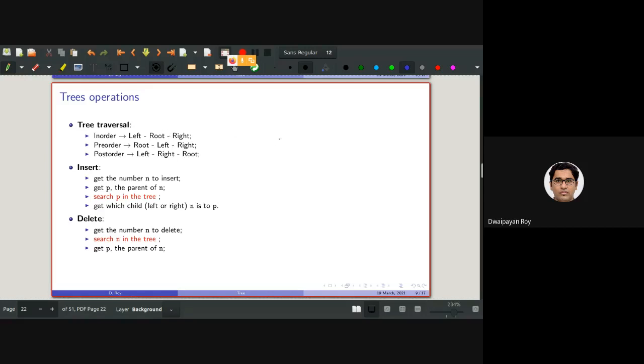So let me help you out with this as well. Let's draw another tree, say A, B, D, C. If I want to delete C, what do we need to do? Can someone say? What is the meaning of deleting C from the tree?